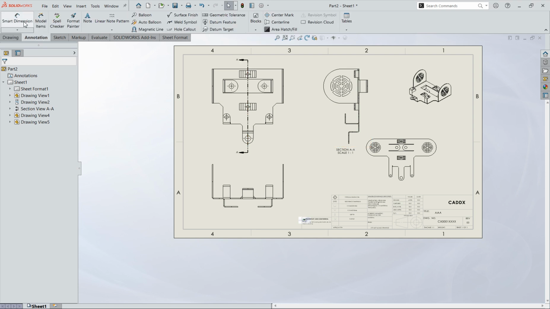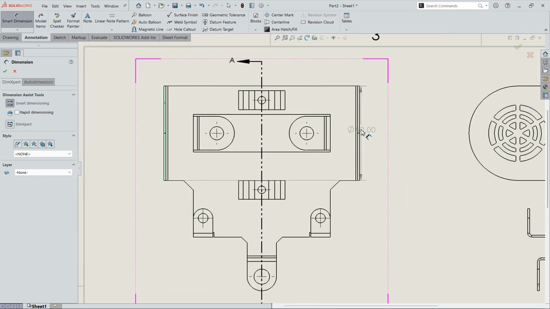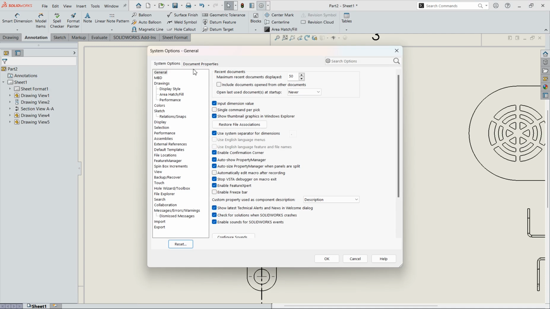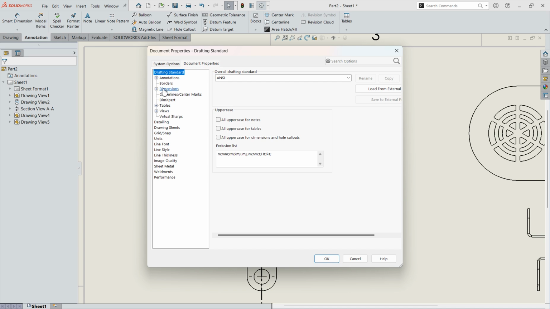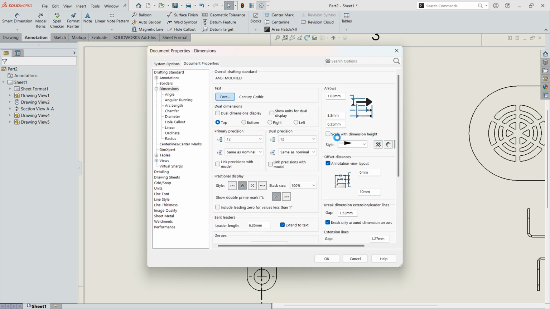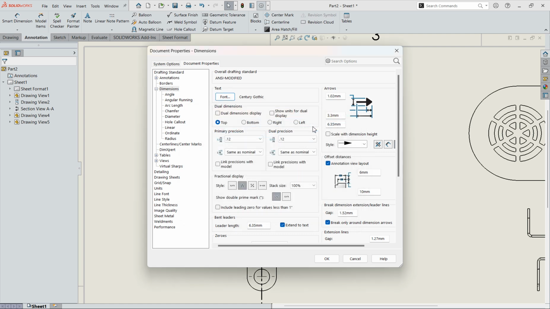Go to Annotation, Smart Dimension, select this edge, 100. First go to Settings, Document Properties, Dimension, Linear, text position, dimension font 3, and